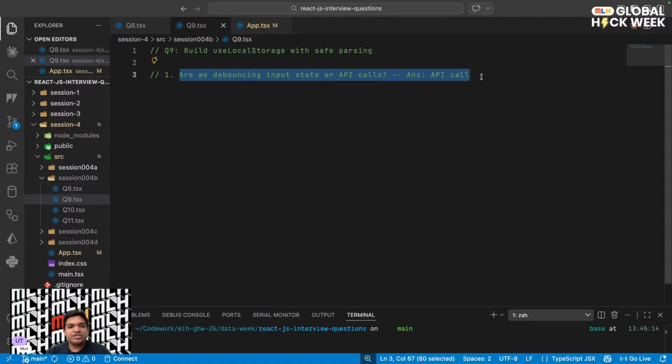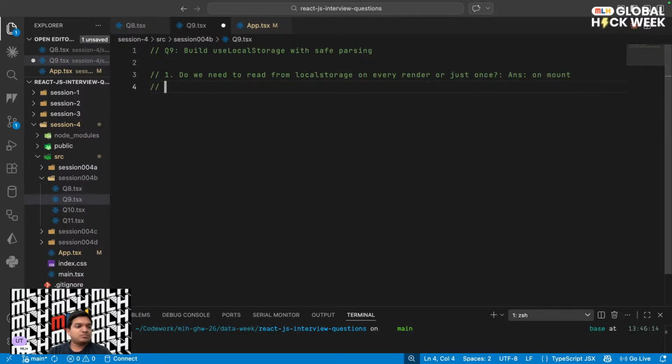So in this case, the question is, do we need to read from local storage on every render or just once? The answer would be on mount. Okay. The second thing is,